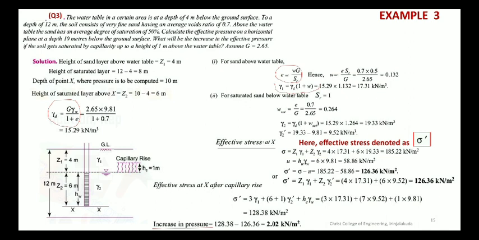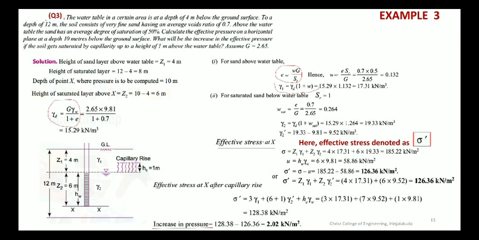Then for calculation part, we may need the submerged value, gamma submerged. So we just find out that also. Gamma submerged, second layer is fully underwater, so we may have to use gamma submerged value of that layer. So gamma submerged is equal to gamma saturated minus gamma W. So that is 19.33 minus 9.81. So you will get 9.52 kilonewton per meter cube. Clear? Now we got the different gamma values of the two different layers.